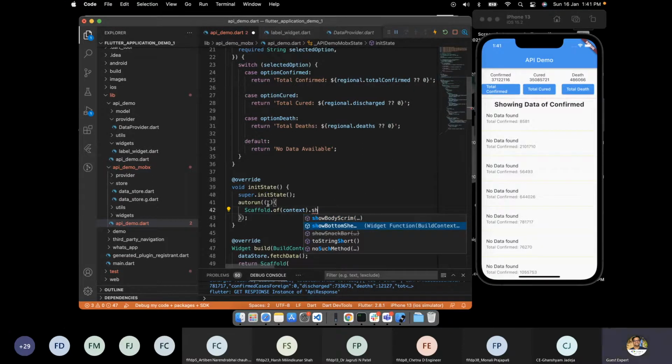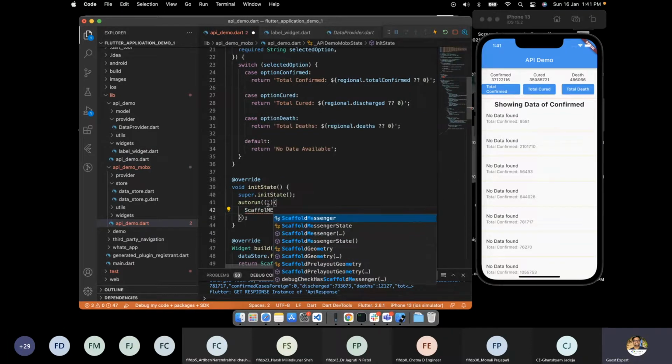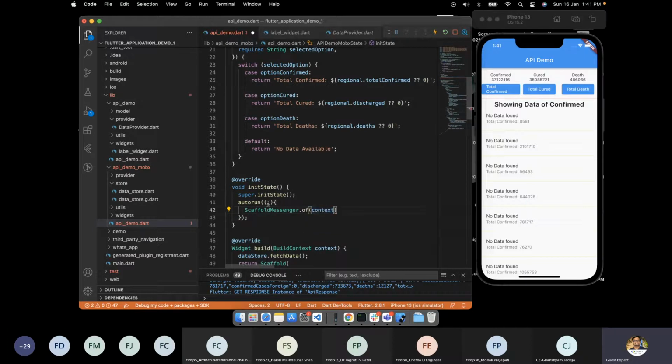It's not running. Oh, it's ScaffoldMessenger, my mistake. ScaffoldMessenger.of(context).showSnackBar, and SnackBar content text autorun. And we'll simply run this in the initialize.